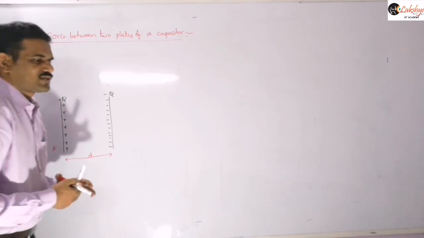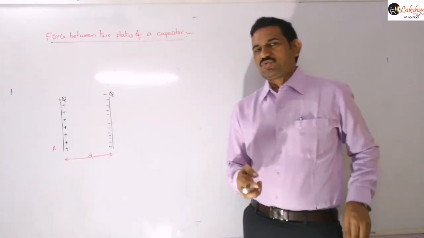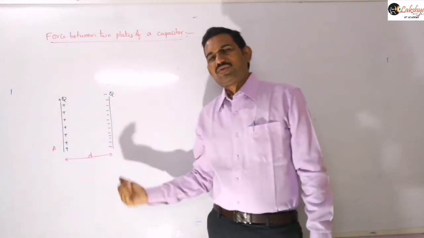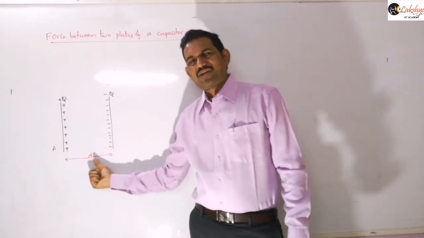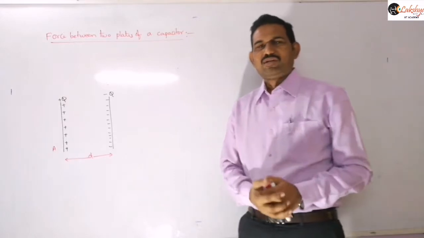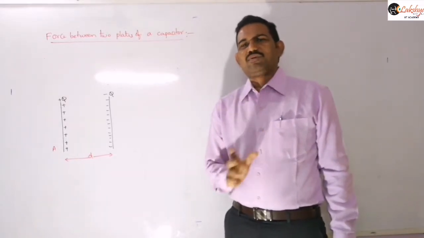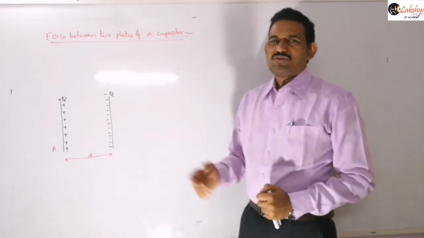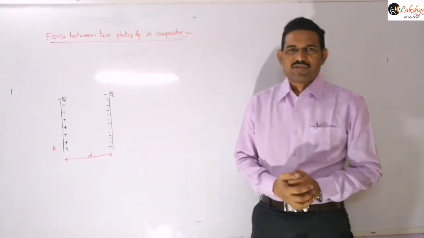So now here we need to write the attractive force between those two plates. How much force will be there between those two plates? For that, what we can consider is the electric field produced by one of the plates. And you know generally, compared to the size of the plate, the separation between the plates is very small. Even though in the diagram I am drawing it as some big value, the D value is practically very small. It's of the order of millimeters to micrometers. And so that D value is very small compared to the area or size of the plate, which means you can take that plate as an infinitely charged plate, right?